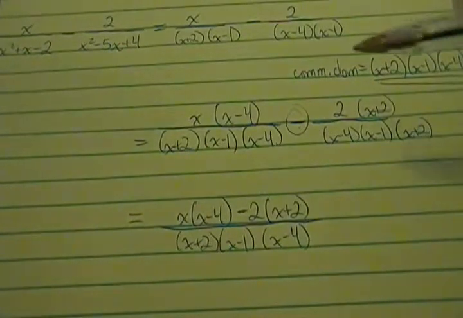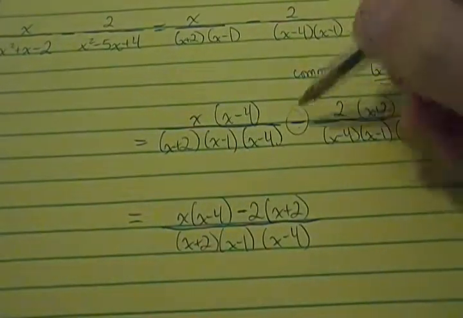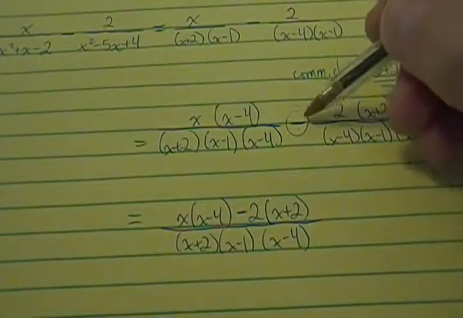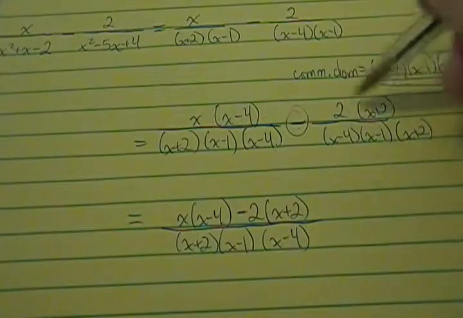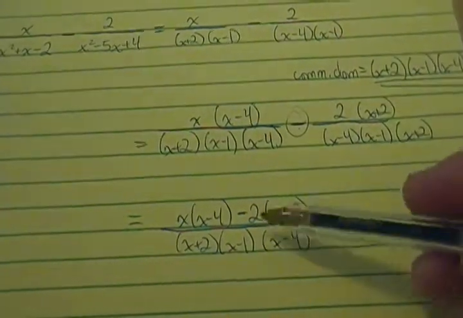Yeah, so once we do that, now we can combine this stuff together. The key thing is, if it's subtraction, and this is why I chose to do a subtraction problem instead of addition, you just have to make sure that the negative goes to this entire second expression here. So you have to distribute that negative all the way through, which we'll do down here